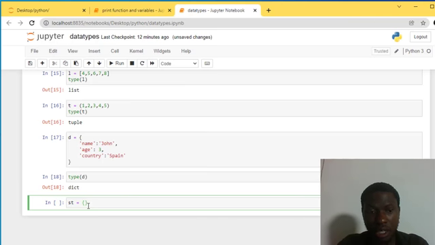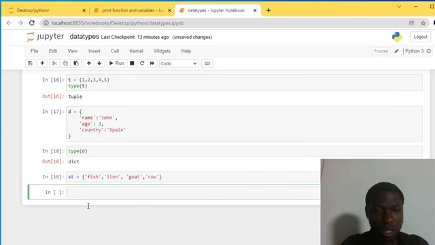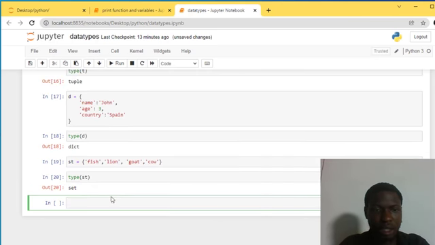So I can save a set, and I can say animals. For instance, the first animal we have is a fish, and I can say a lion. What other animal? A goat. And what else can we save? A cow. Shift enter, and you see I have no errors. And if you type type of st, shift enter, you can see it's a